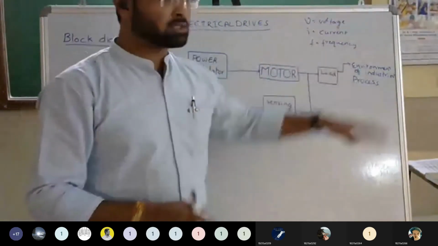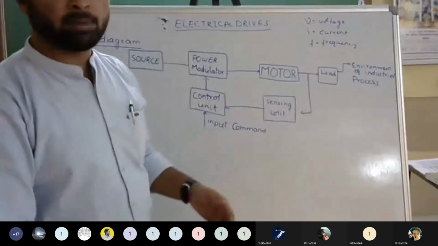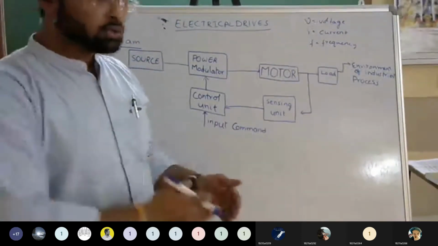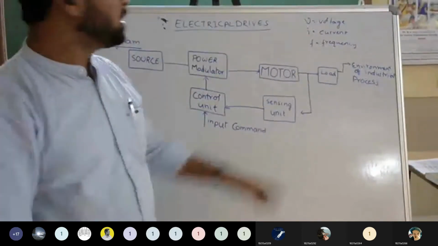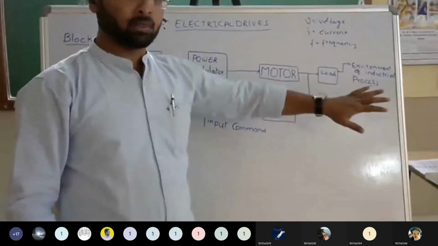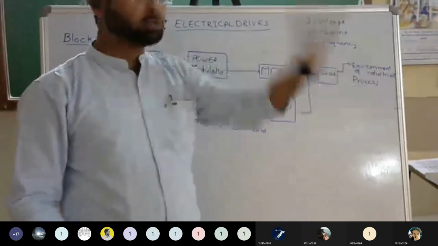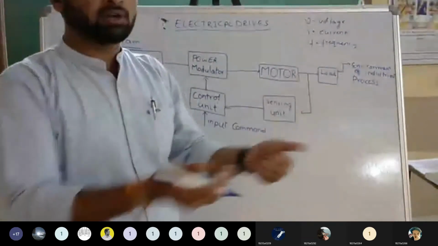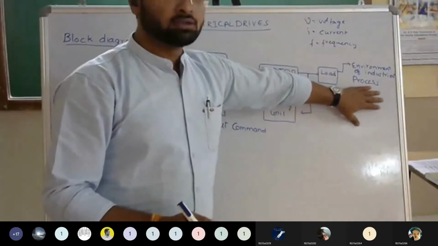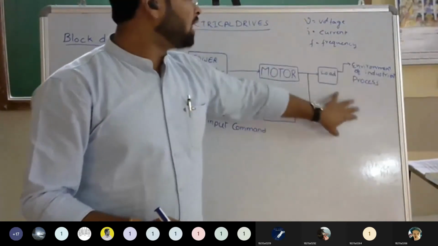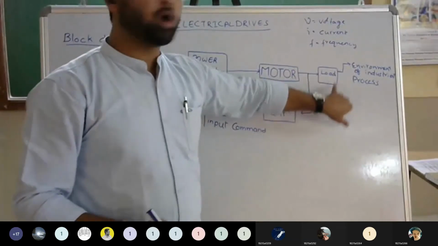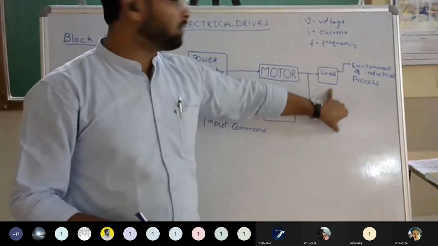That is the industrial process. Suppose you want to use a mill, like a paper mill, and there is an elevator. What does the elevator do? It has to go up and it has to come down. There is a conveyor belt. So the load is already fixed. That will depend upon the environment, what the user wants. Whatever the industrial environment asks, the load will depend on how much torque, how much speed, and what the requirement is.